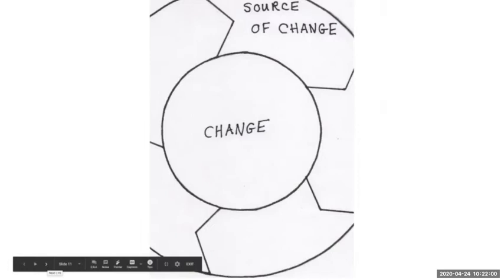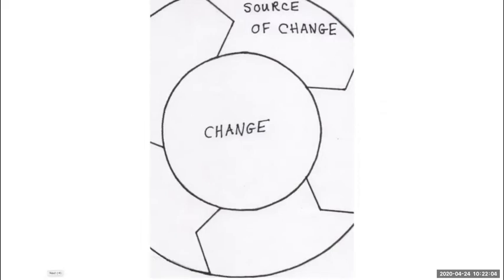there we go. For whatever reason, it was the same size as the one that said change, but it just didn't come out fully on the screen. But when we look at a source of change, there can be three types of change. There's a developmental transition. I mentioned my little niece, Joanne, mentioned some changes that she's experiencing that are just part of